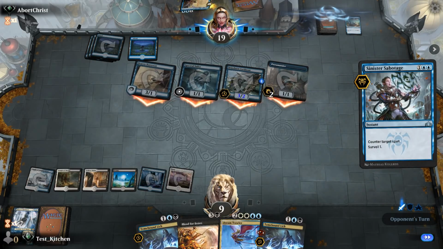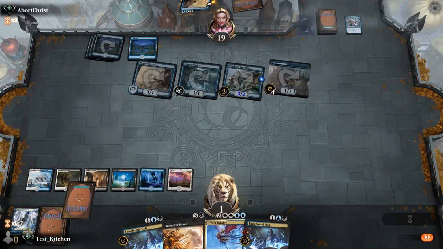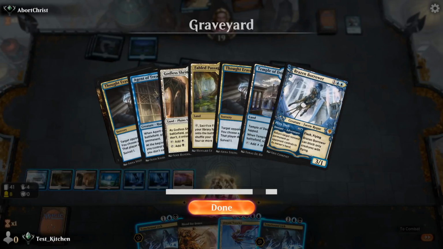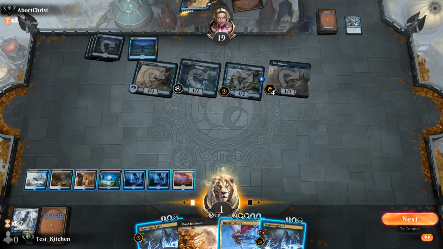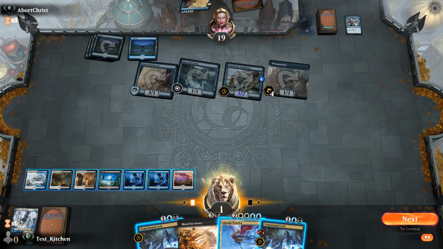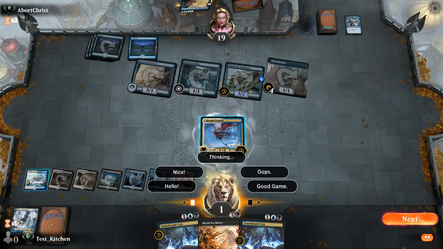But we have to draw something very special to actually win this game. Will a land do it? Will it do that? Because we have an Agent in here. Yes, we do. We absolutely do. Agent still doesn't do enough, though. You know, steal a Brazen Borrower or something like that. But we still take 1, right? So it's just not a huge deal. Let's play a Dream Trawler and say good game,